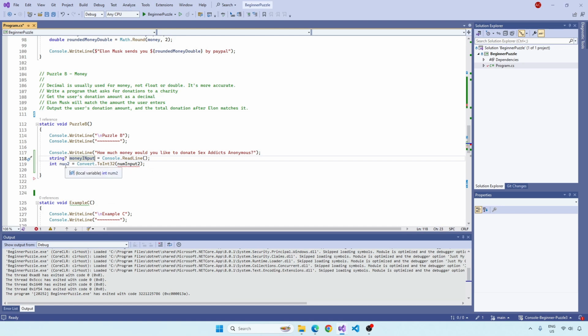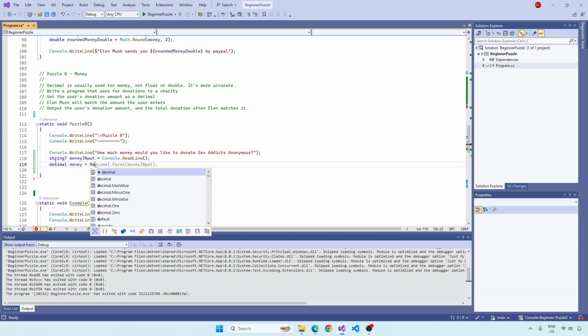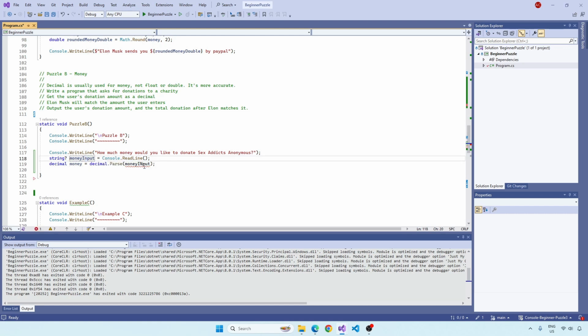And then let's just start this again because we want it to be decimal. Let's just call the decimal money. You can use parse, I suppose. If I could spell correctly, that's not correct. Camel case. Now,